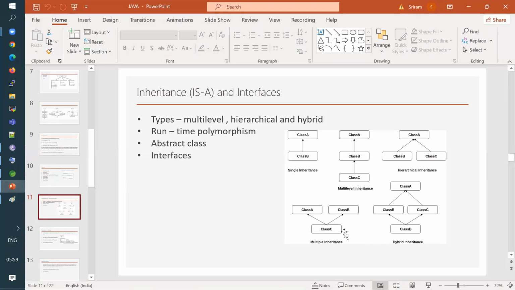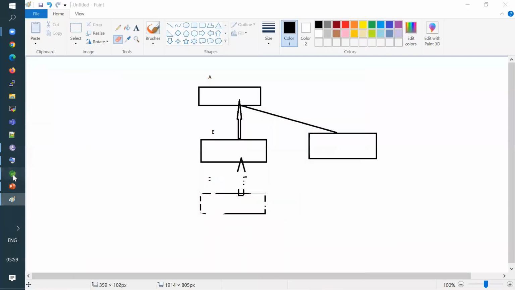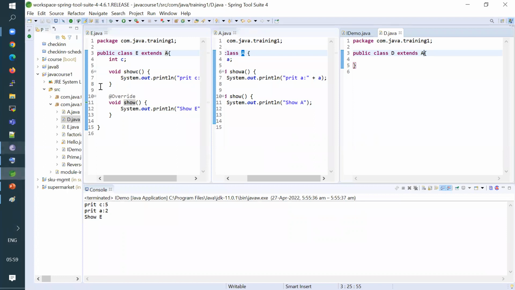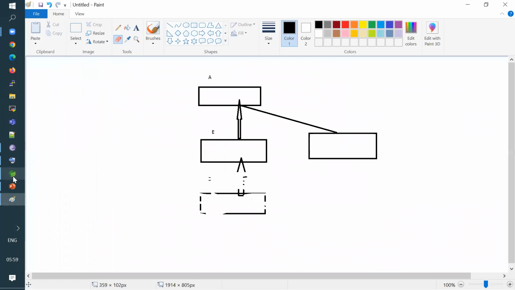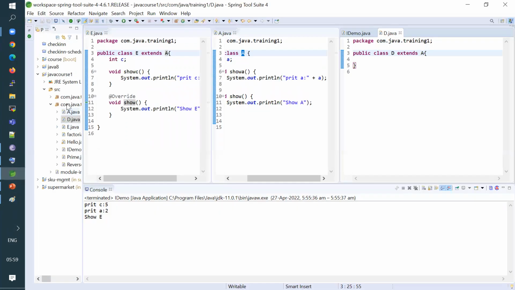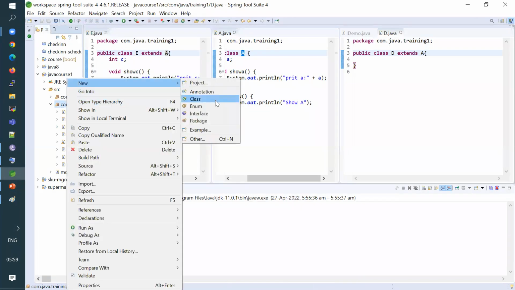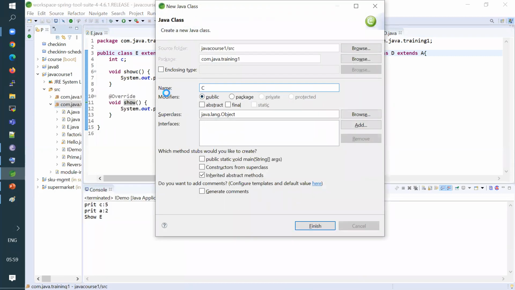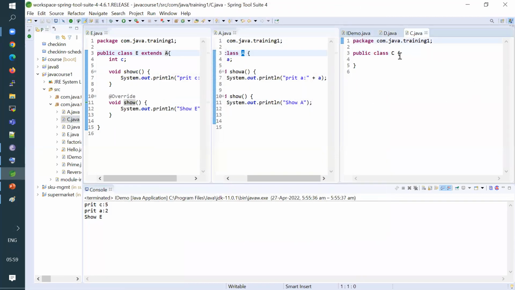Let's talk about multiple inheritance. For multiple inheritance, we'll take another class, because it should inherit two classes, right? I'm just creating another class here, class C. So here I'm trying to extend